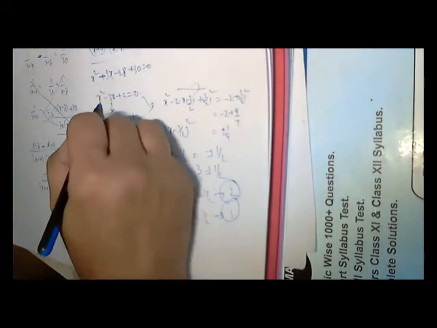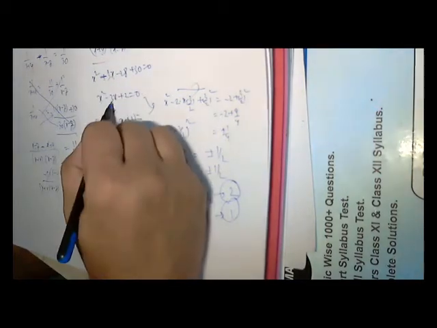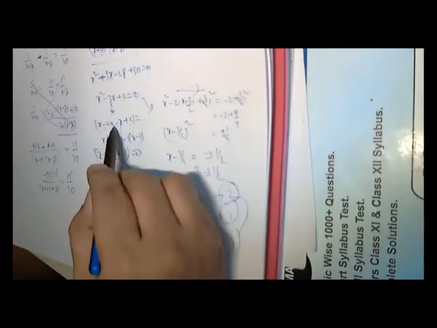Now I will apply the formula. a is 1, b is 3, c is 2. So minus b plus or minus square root of b square minus 4ac by 2a. Minus of minus 3 is plus 3, plus or minus square root of (minus 3) whole square, 9 minus 8, by 2. 9 minus 8 is 1. So that is 3 plus or minus 1 by 2. 3 plus 1 by 2 is 2, 3 minus 1 by 2 is 1. So we have done 3 methods: factorization method, squaring method, and applying the formula. All the methods will give the same roots or zeros of the quadratic equation.